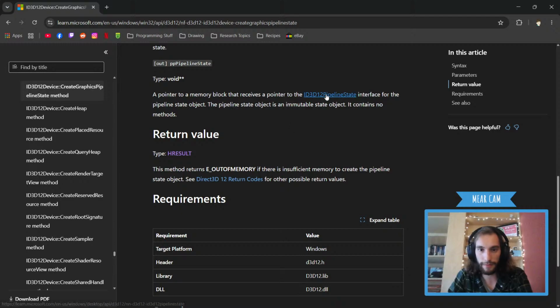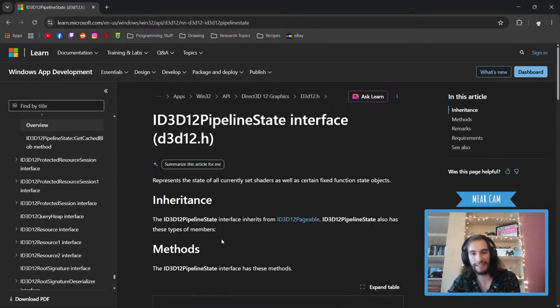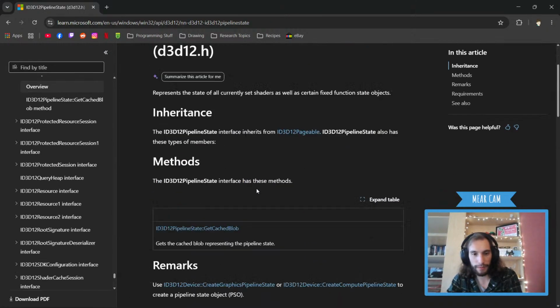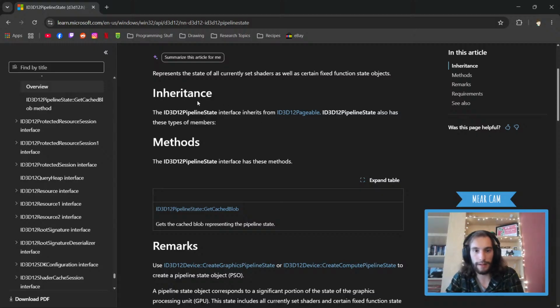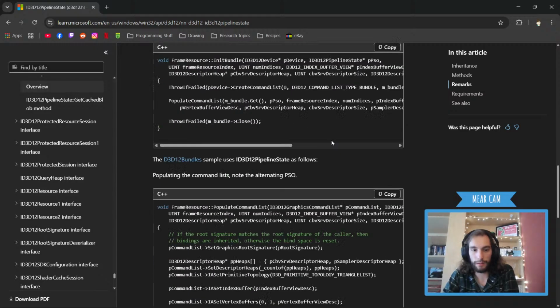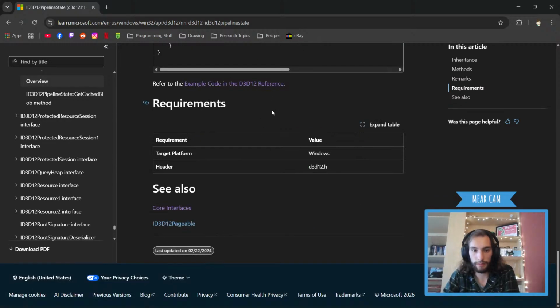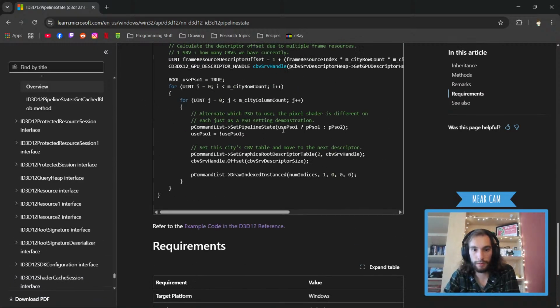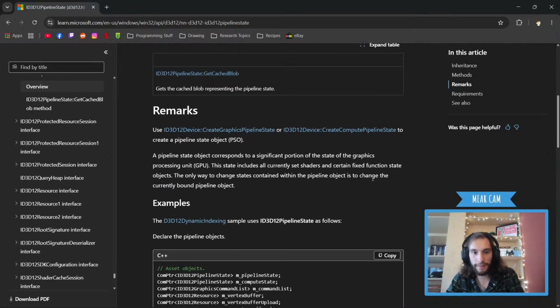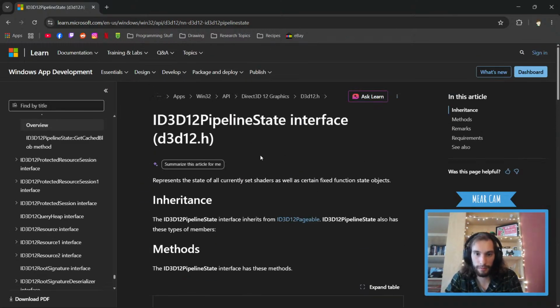Okay, so pipeline state object. Okay, what is this? I kind of know what it is probably, but we still need to figure it out. There should be like a... Wait, it doesn't say what a pipeline state is? Oh my god.